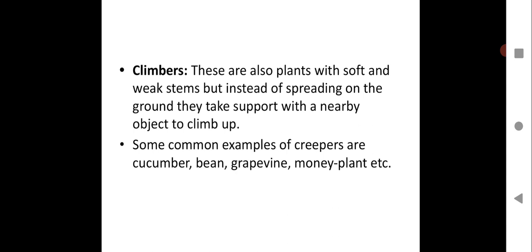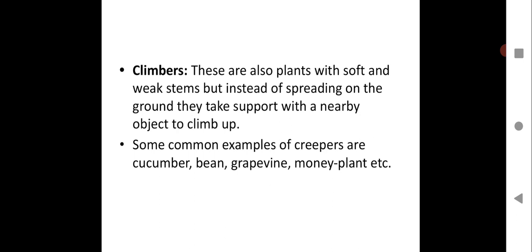Money plant is very common at home. People do grow it at the door for beautification. It doesn't require soil and manure to grow. People just keep it in a bottle or some container with water, and the minerals are supplied from the water to the plant, and it grows beautifully at the door and gives a very good environment. It looks very beautiful at the door. So for beautification, people do grow money plants at the door. You must have seen this, children.